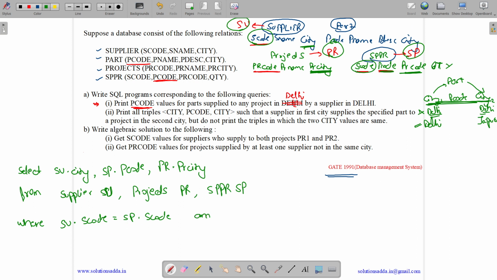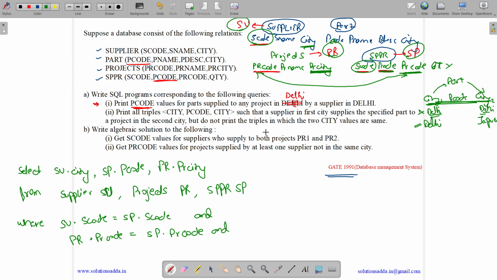Now we will match PR dot PR code is equal to SP dot PR code. Both SP as well as PR have PR code, so we need to match these two.